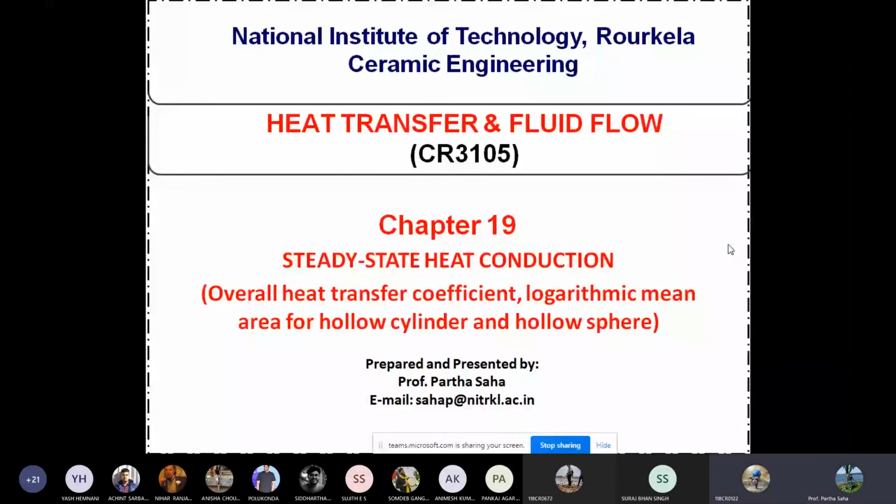So let's go through. I think we discussed the heat conduction equations. This is actually the derivation. As you can see, there are multiple layers, each having a different length, LA, LB, and LC, and gradually the temperature decreases from T1 all the way to T4. And the intermediate temperatures are T2 and T3.